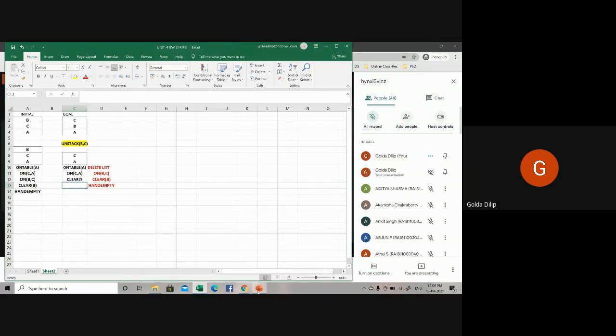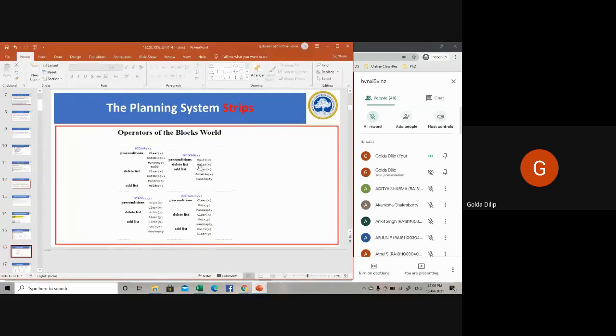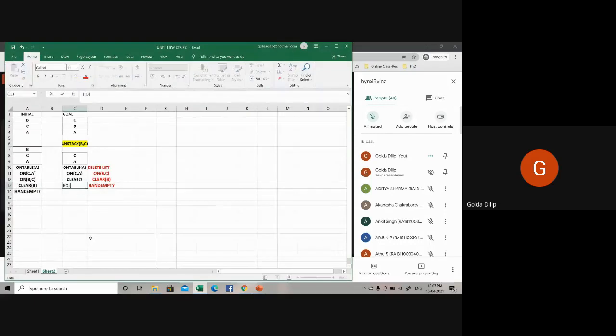So let's see what the predicate is. It's mentioned here, yeah, holds of X. So I will write here hold, the robo arm is holding B. Right, so these are the preconditions or the postconditions for the previous stage.